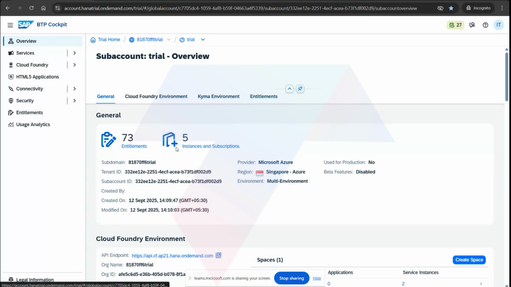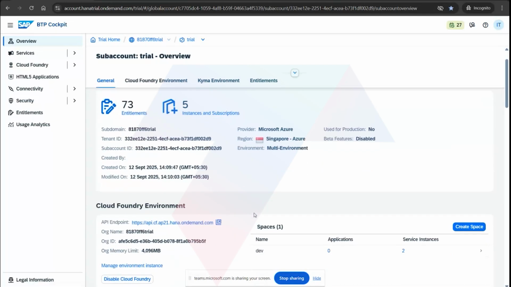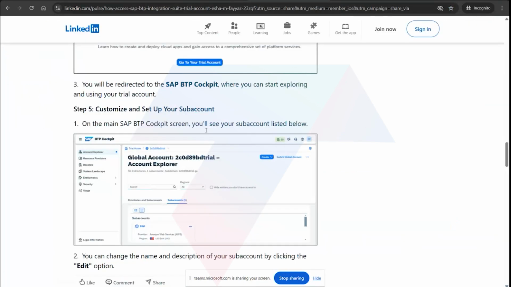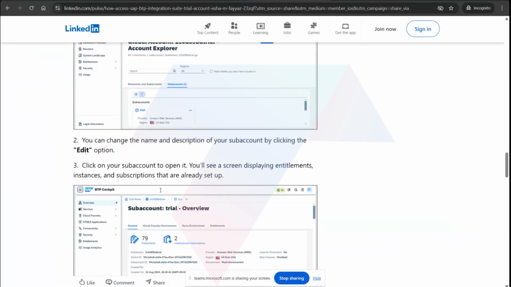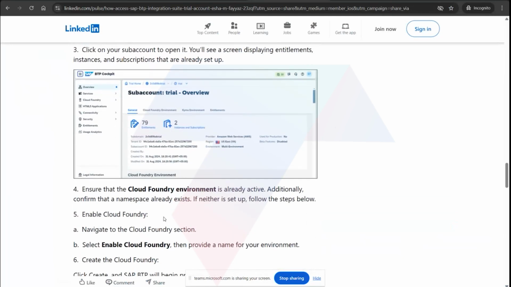Now here there will be nothing, but since I already did the setup, you are seeing 5 instances and subscriptions. The first thing you have to do when you reach this step is to make sure the Cloud Foundry environment